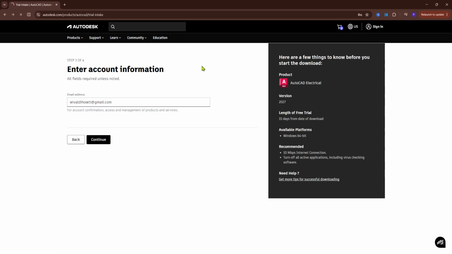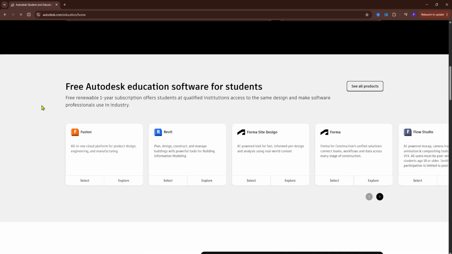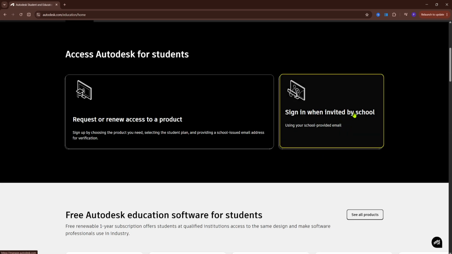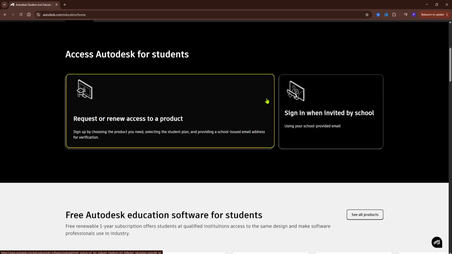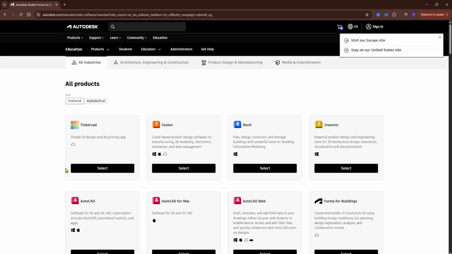So how will we do that? If we click here on education, that is basically one way you can get this. You can go as a student or educator. So you will need to fill the form here. If you click right here,